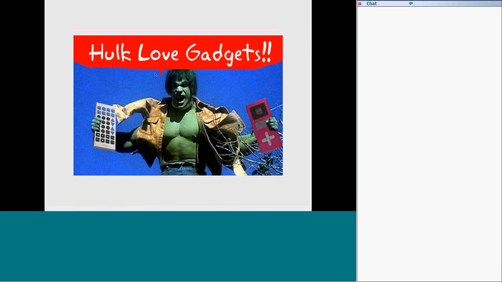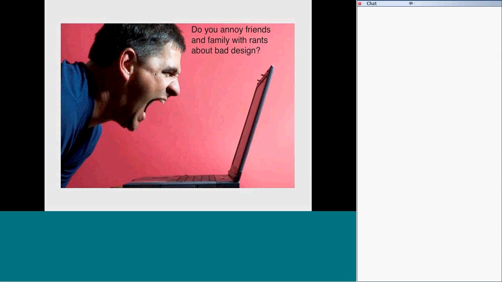Look for people who like current gadgets, because the current technology is where you, if you live with it, you're more able to design it as well, I think. And that's at least, I don't need data to support that notion, but that's what we think. We look for people who annoy their friends and family with rants about bad design, because it shows that they care about good design. Now, it also shows a personality flaw, but it could be that those of us who go into a hotel and say, how come the racks are steps away from the shower and there's no place to hang your towel next to the shower? That's the kind of characteristics